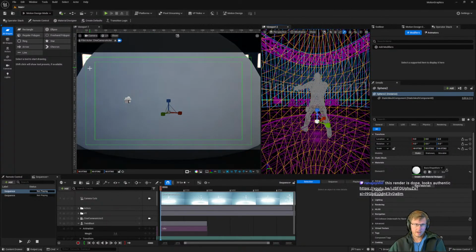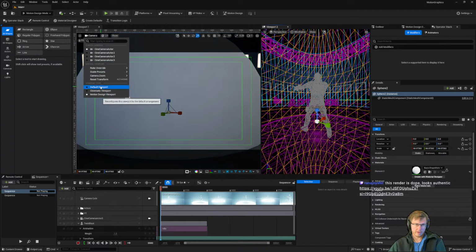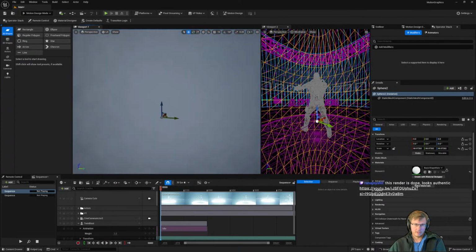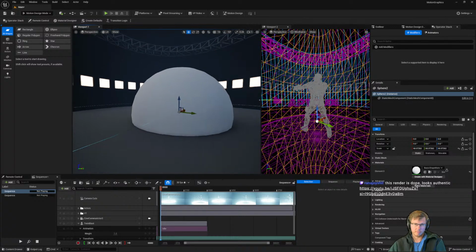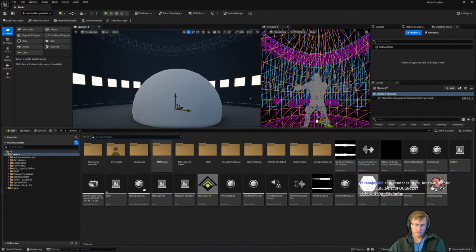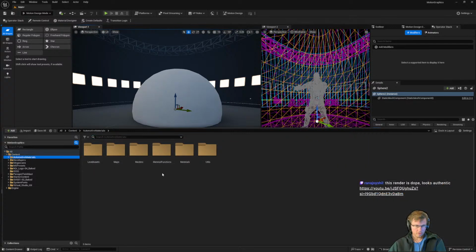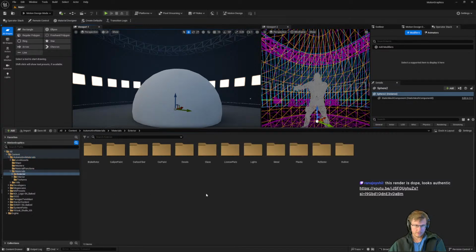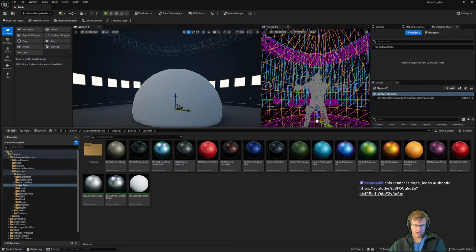And then, okay, here's the dome, and to add the pretty material, then automotive materials in here, exterior, car paint, purple or plum.